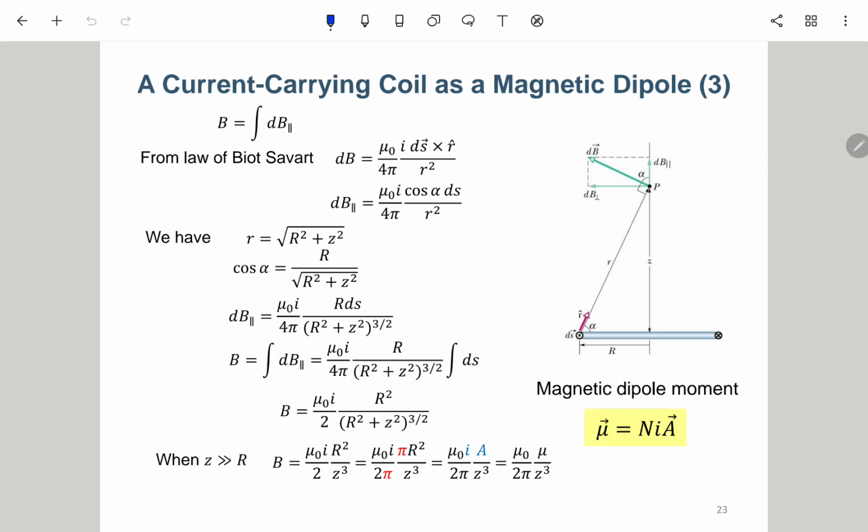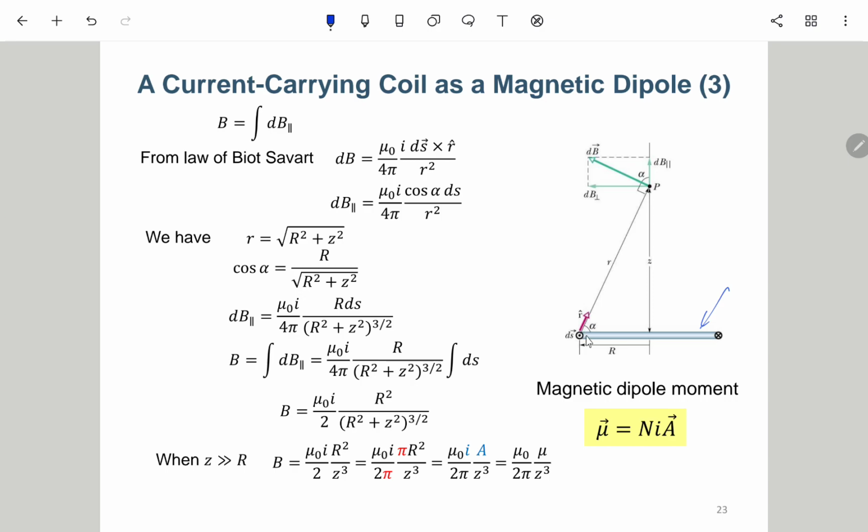Okay, so this is the derivation for this expression. Here is the current coil. It is actually a circle, but it's just a cross section, so we only see a line, but actually it's a circle. Okay, so along this circle, on the left side,